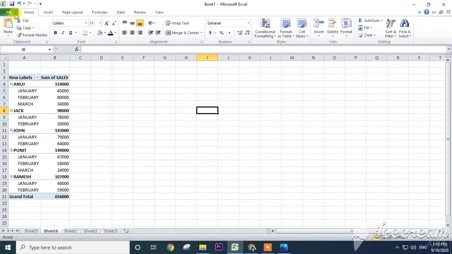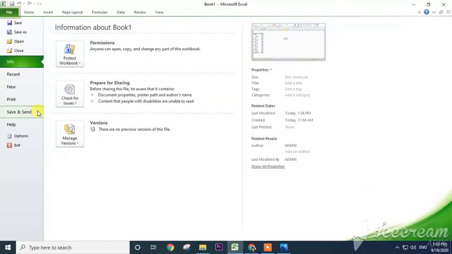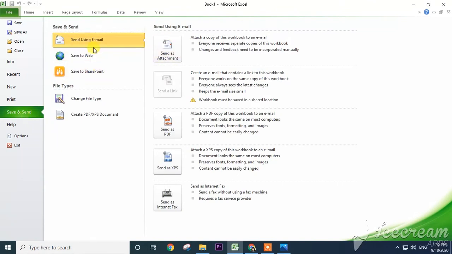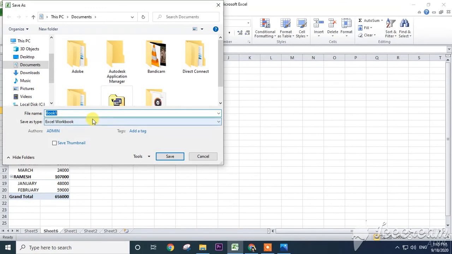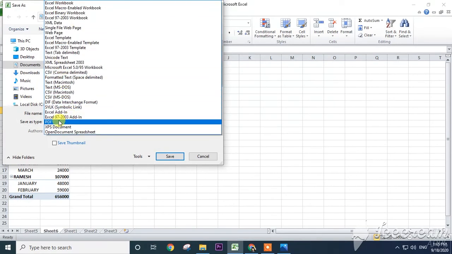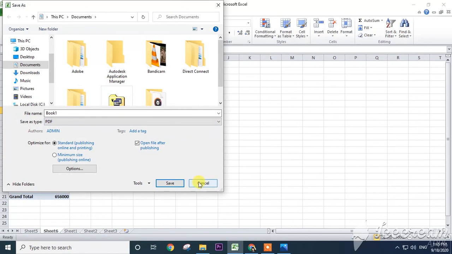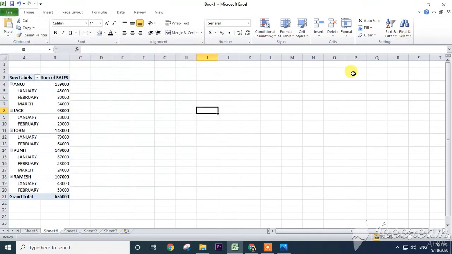Next one I told you. Let us see this one also. Click on the File menu. There is a Save and Send option. Save to app and send using email, by using export or create, or here you can see Create PDF or change file type also. Workbook, or anything you can change here. Save as another type of file, or Save As will be there. Document will be there, and here you can see PDF, and we can make our file a PDF also. In this way we can export our database and we can use the pivot options here.